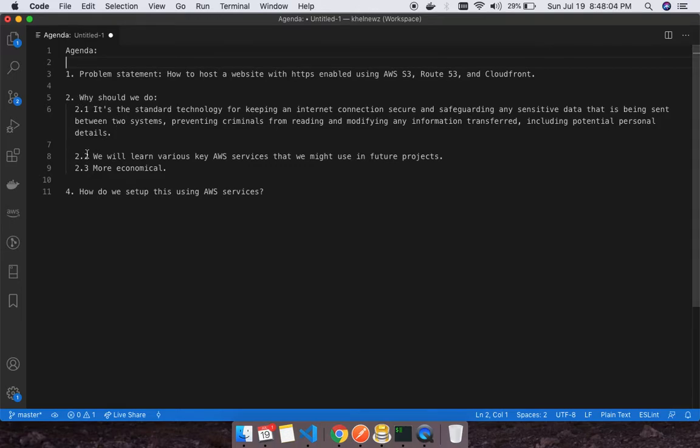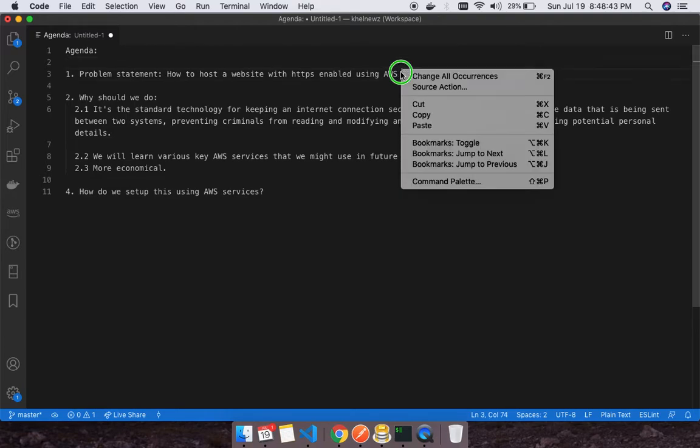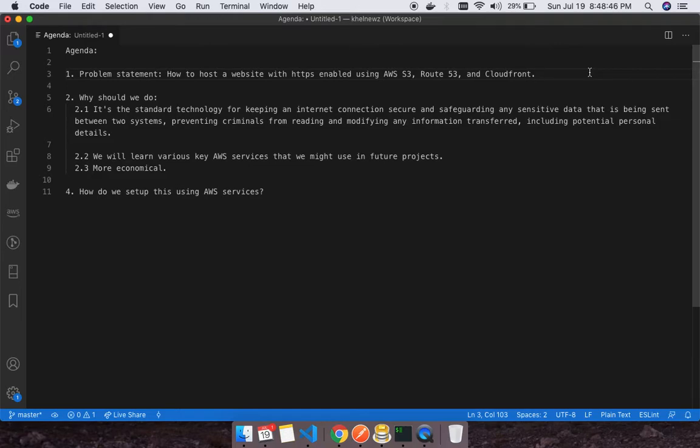The second part is we will learn various key AWS services that might be used in future projects, and I'm referring to services like S3, Route 53, CloudFront, etc. If you use any third-party service to enable such functionality, like in this case adding an SSL certificate, then we are going to be unaware of all these services in some way. So I'm just trying to share these things.